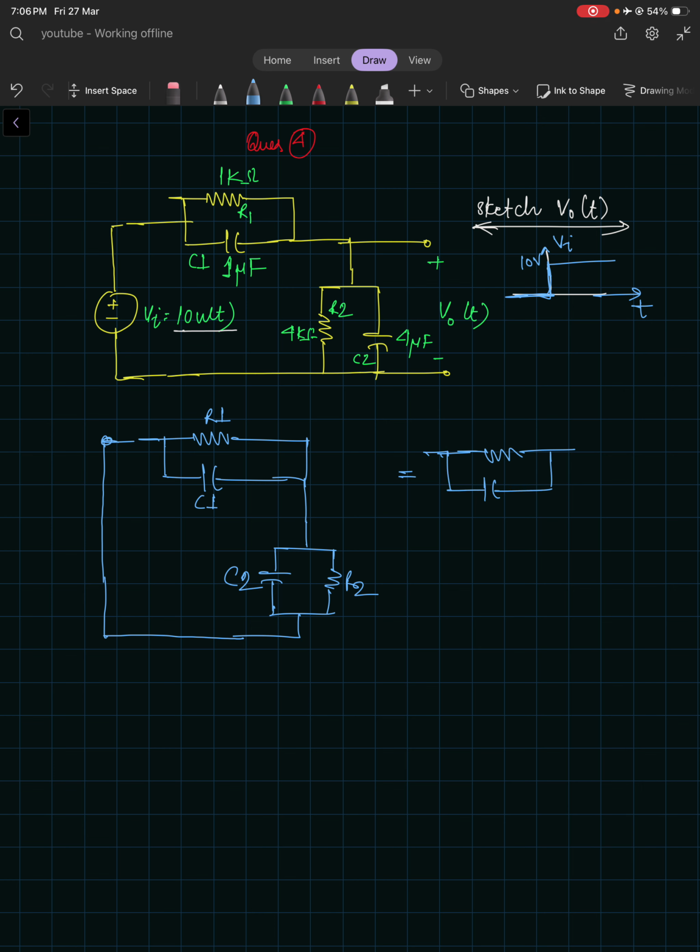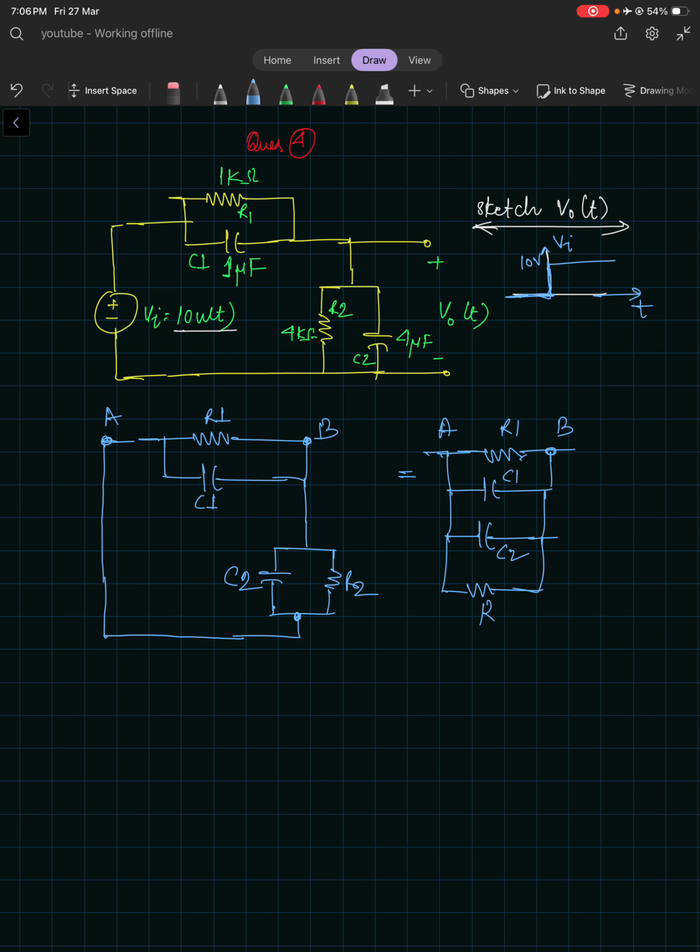Let's call it node A and node B. This is node A and this is node B. All of them are applied between node A and node B. This is R1, this is C1, and again you see C2, node A, and this is node B, and R2 at node B. So you can see